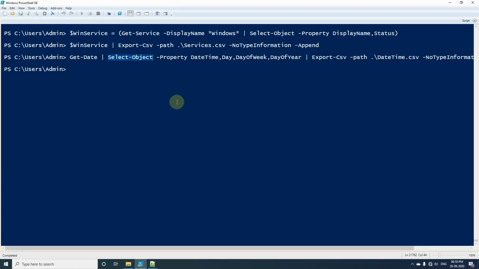And now we will see if we use format table, how the output gets displayed.